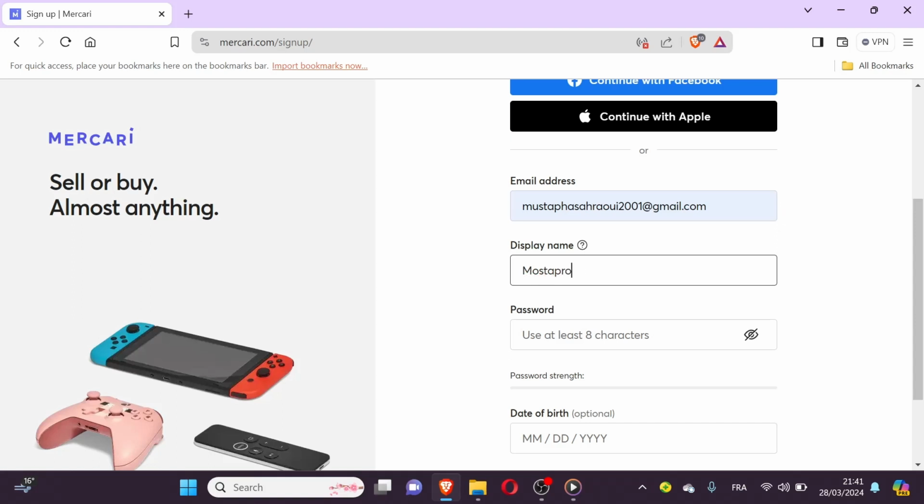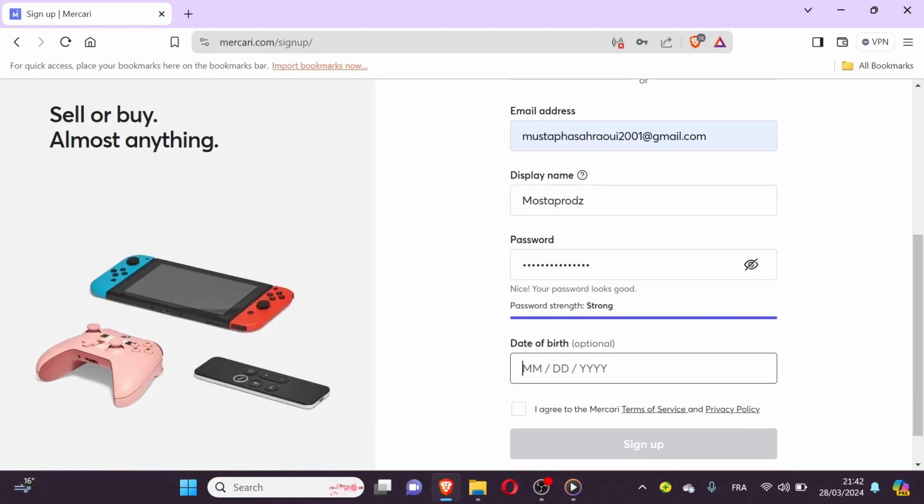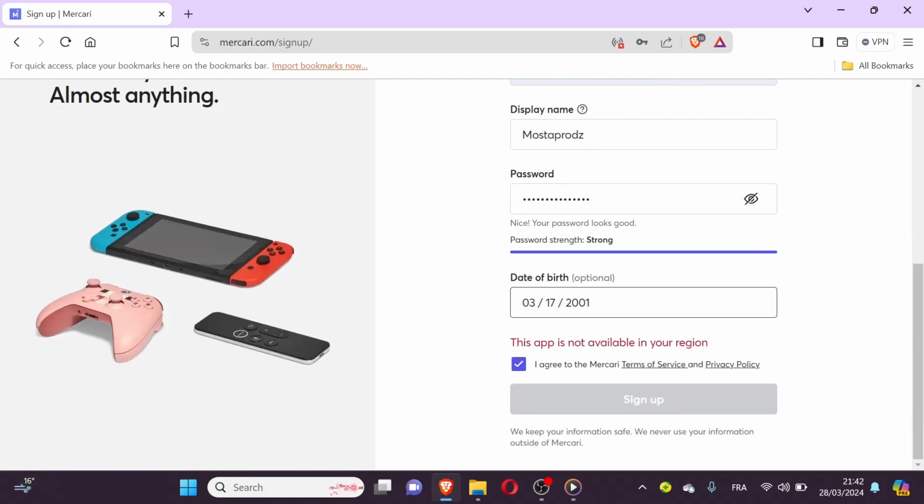Once all required information is provided and agreed upon, tap on the Sign Up button to complete the registration process. You'll receive a confirmation message indicating that your Mercari account has been created successfully. Now that your account is set up, you can start browsing listings to buy items or list your own items